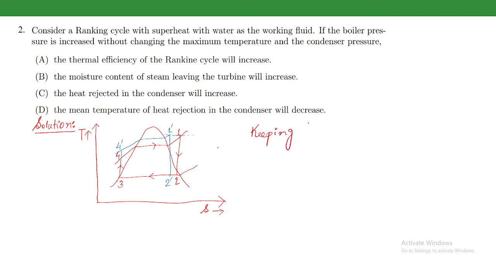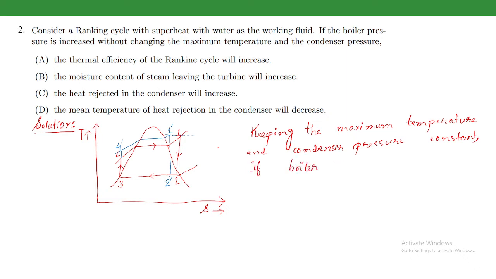Keeping the maximum temperature and condenser pressure constant, if boiler pressure is increased, then the mean temperature